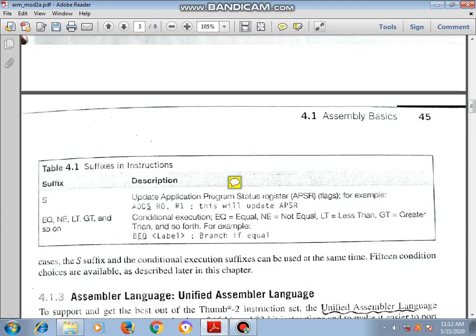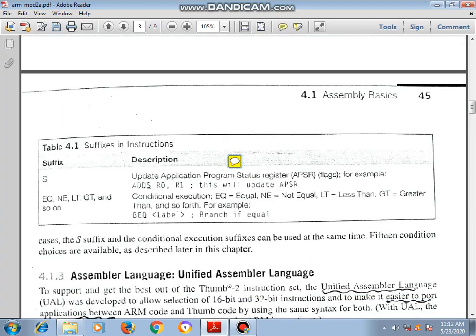This will update APSR. Next, here also you can have equal, not equal, less than, greater than, like this. Now you can have many instructions. Here we'll see what description it has. It will do conditional execution: equal, not equal, less than, greater than, and so on.